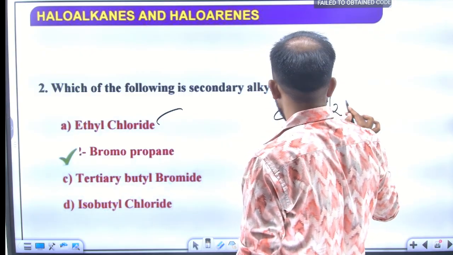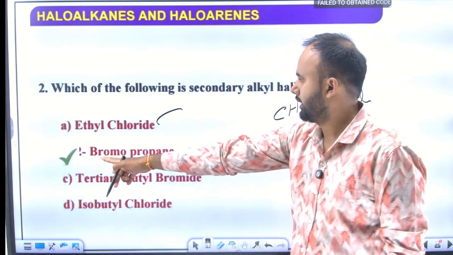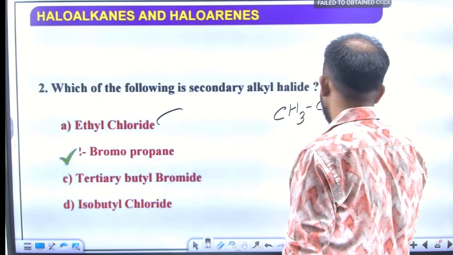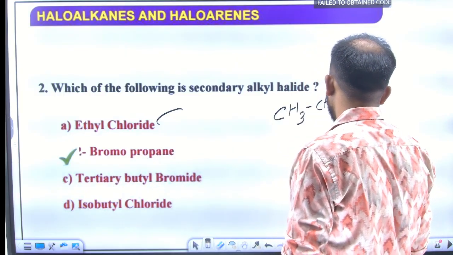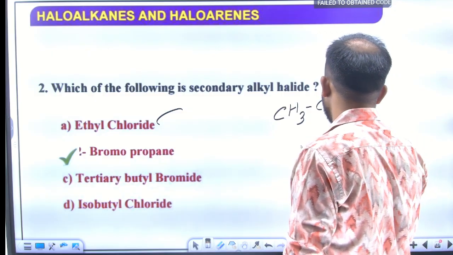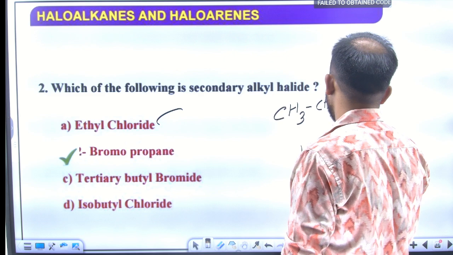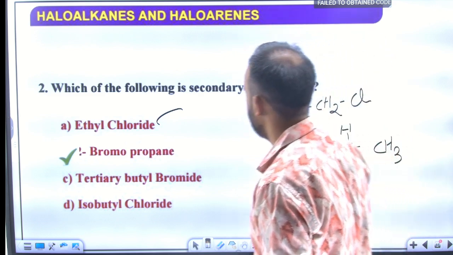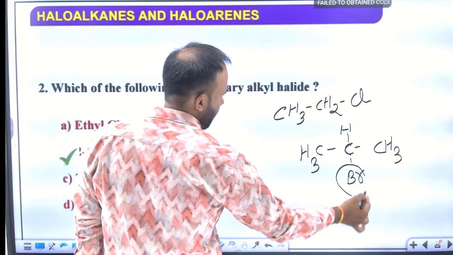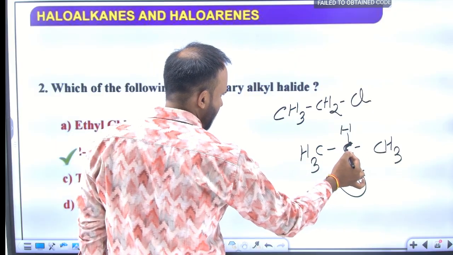CH3, CH2, Cl. Second is 2-bromopropane. Propane has 1, 2, 3 carbons. In the second position, bromo is there. If nothing is mentioned, we will mention this. The bromine is attached with this carbon and this carbon